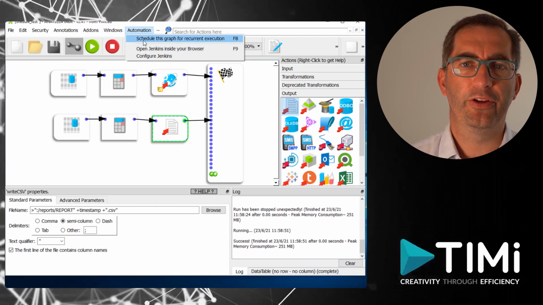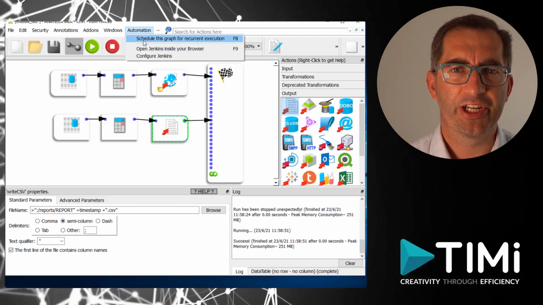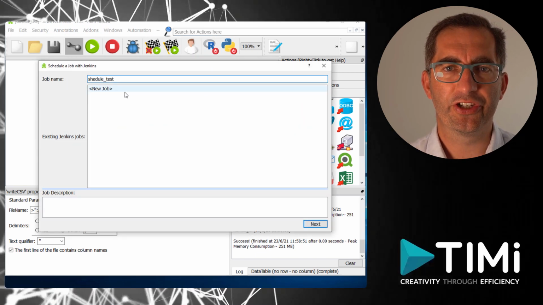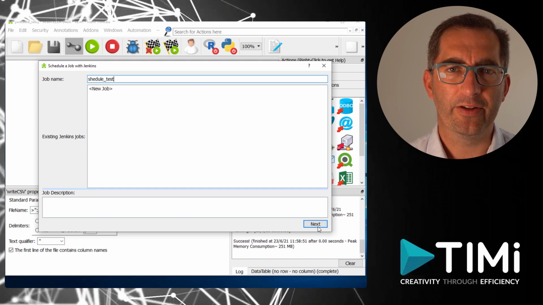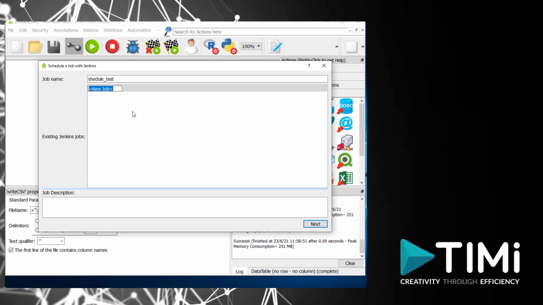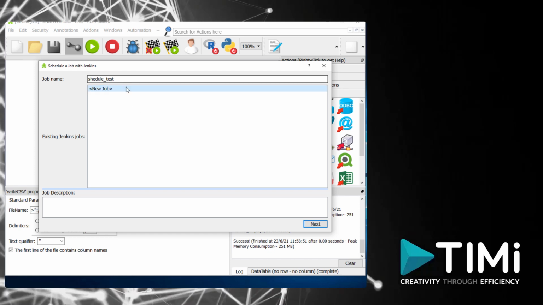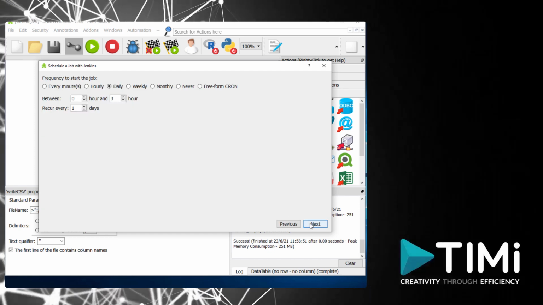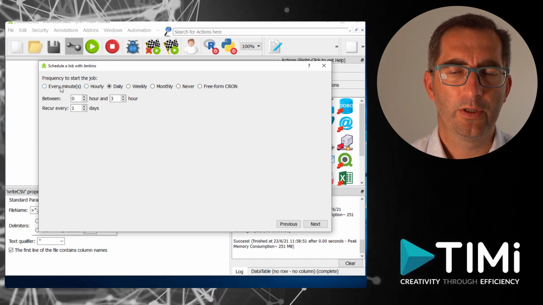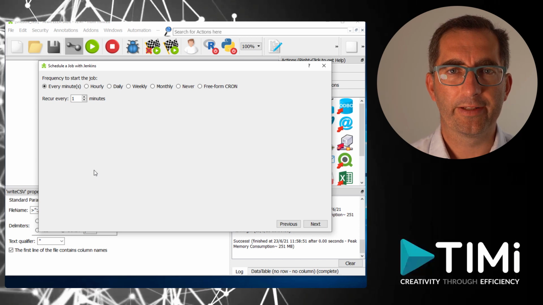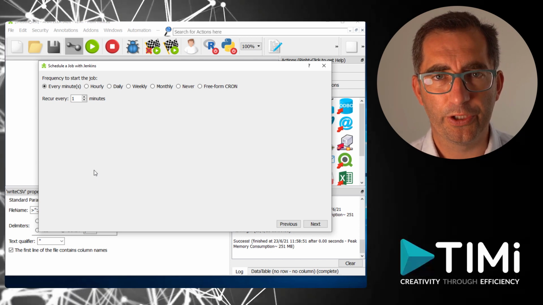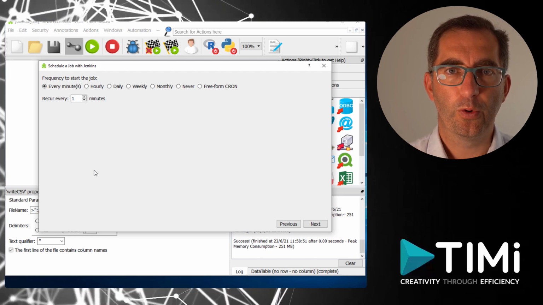Here we will schedule this flow. The first step is to select a schedule name. This name will be visible in the Jenkins scheduler, so if you want to track and trace your processes, the second step is selecting when you want to run the flow. The menu is quite simple. You select either daily, monthly, weekly, and which day you want to run it or which hour you want to run it, and you go on.